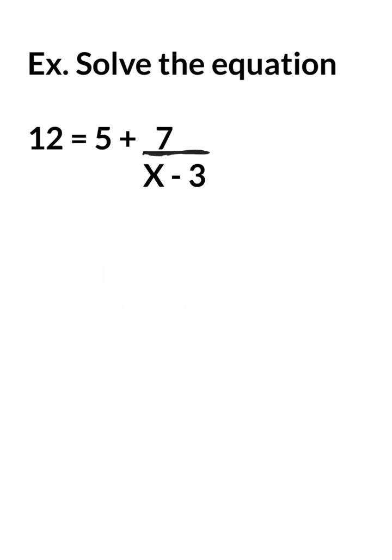All right, so we're solving here. I want to get this basically where I can do the proportional work. So the first thing I'm going to do is subtract 5 on both sides of that equal sign. And when I do so, 12 minus 5 is 7, equal to now 7 over x minus 3. So then now I can put that 7 over 1 and cross multiply, which gets us 7 parentheses x minus